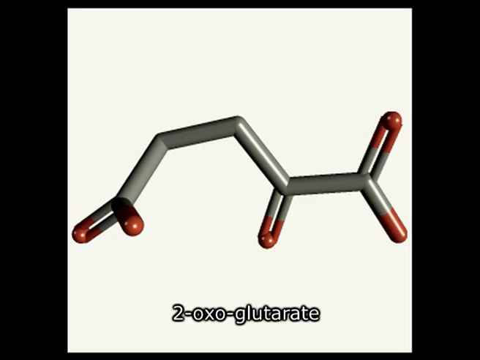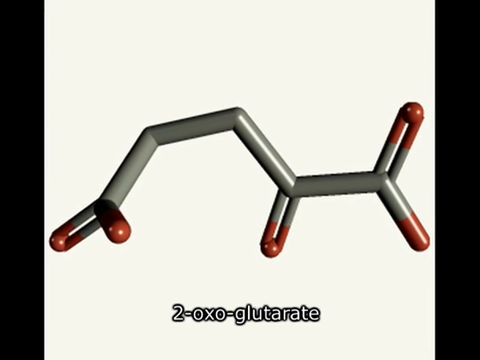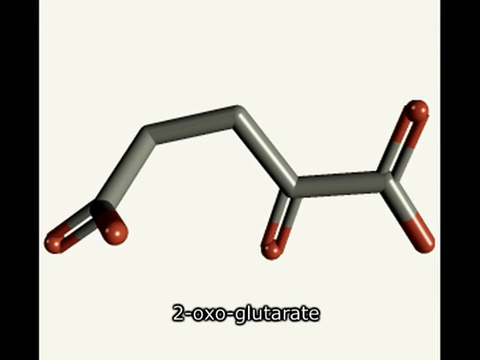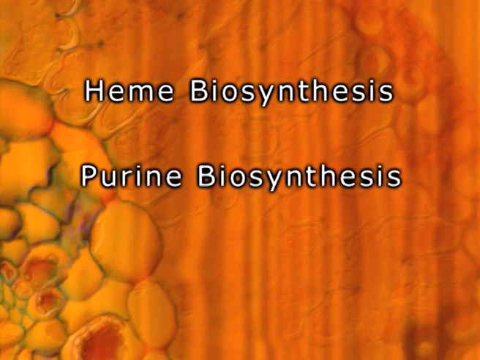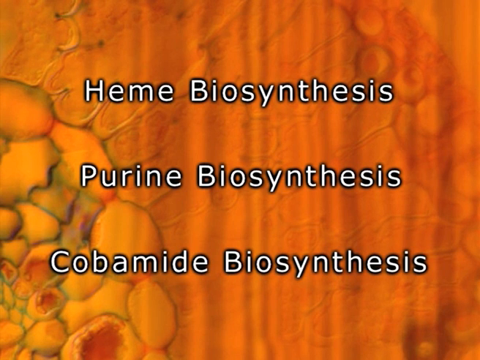In Archaebacteria, we can see 2-oxoglutarate is fused together to give the more complex fatty acid structure. Apart from this, heme biosynthesis, purine biosynthesis, cobamide biosynthesis, everything occurs within Archaebacteria. Some Archaebacterial strains like Halobacterium hispanica are able to synthesize all the amino acids, but in the case of other Halobacterium, we need to supply amino acids for their synthesis.